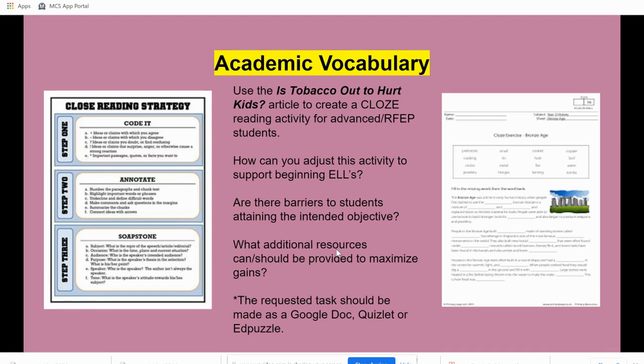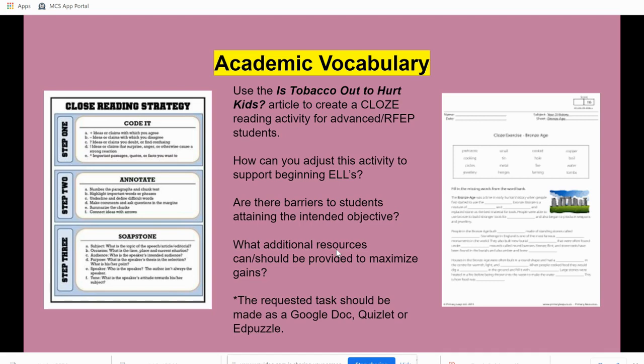Our 3s and 4s, we know they are so close. If we just give them a little harder push, we can get them over the line and make sure that they are successful enough to pass that assessment, and then they will become officially an RFEP. So those are the ones that we really want to work on, our 3s, our 4s, and our RFEPs. Am I saying that our EOs cannot use this? Absolutely. Any of these strategies that I am about to show, they benefit every last student in the classroom. But for our students that are learning the English language, we know that in the transfer between languages there is always some difficulty.